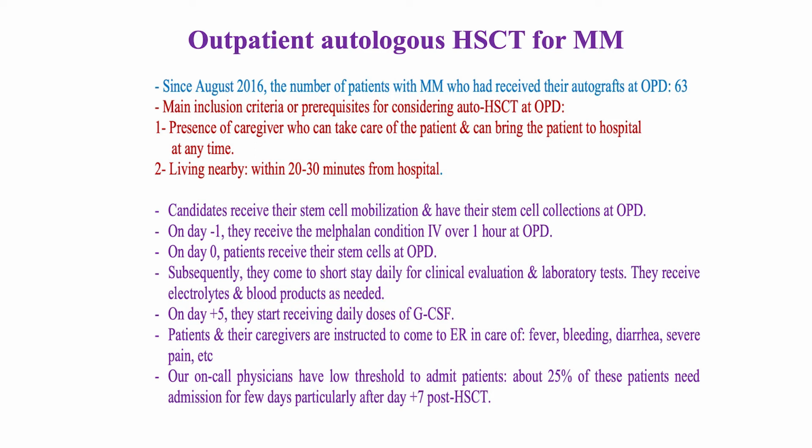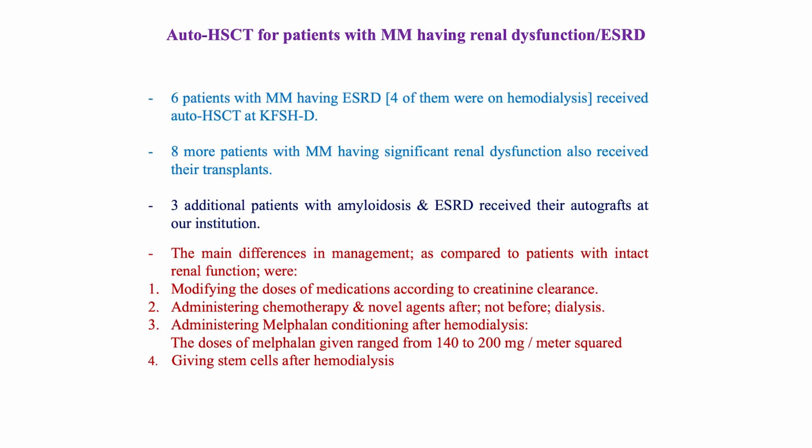We encourage the caregivers to bring them to the ER in case they notice any complications, and our on-call physicians are instructed to admit these patients whenever they have complications. By the way, 25% of our patients get admitted for a day or 2 because of mucositis and possibly fever. So, for patients with renal dysfunction, as I elaborated the numbers, the main differences, number 1,